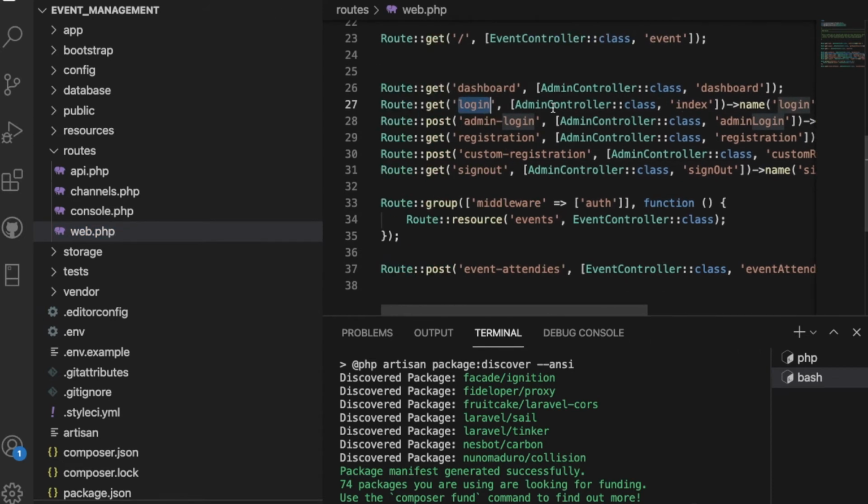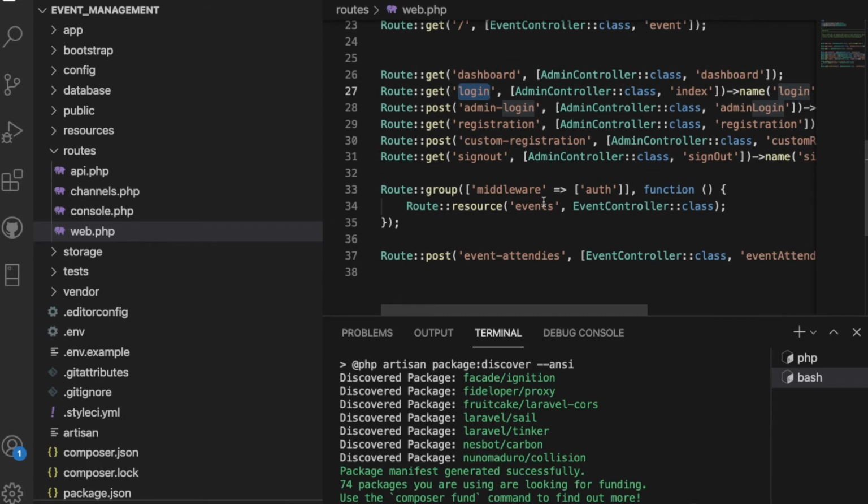Okay, we are implementing those things, and also we have implemented the middleware for the event controller, because we are implementing the routes. Once the user is logged in, then the user can check whether the website is working or not, then the user can create an event, and also can edit and delete the event after login happens successfully. So if the user is authenticated, then we are doing these activities. Hope this is clear, guys.